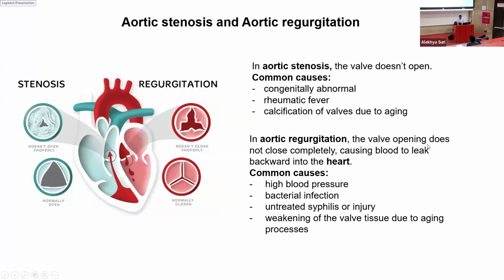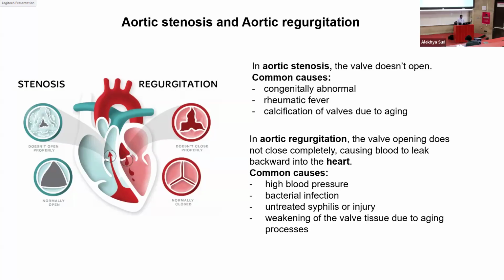Here, the valve opening does not close completely. Because the valves are not closed properly, the blood can leak backward into the heart. So, in the case of aortic regurgitation, if it is not closed properly, the blood will come back to the ventricles during the contractile cycle. So you will end up with volume overload in the ventricle, and then that can cause hypertrophy and heart